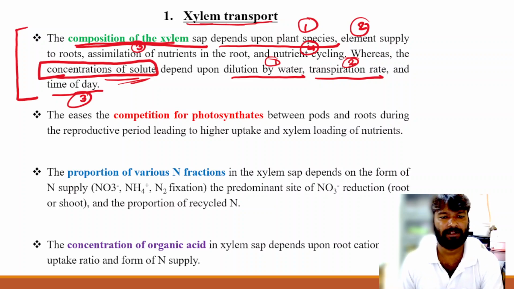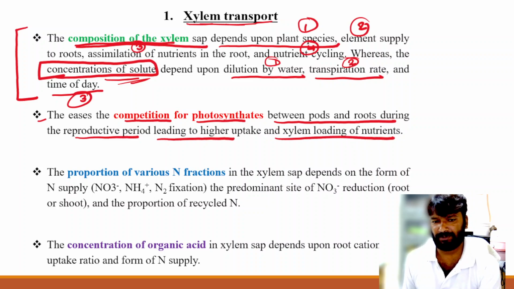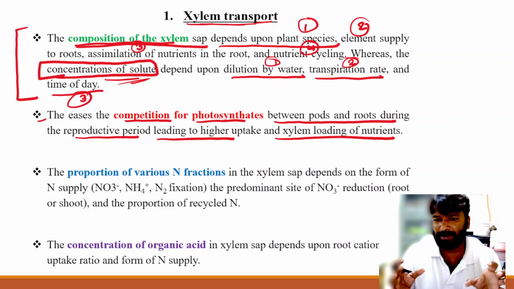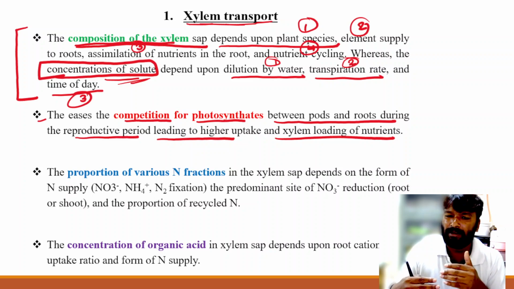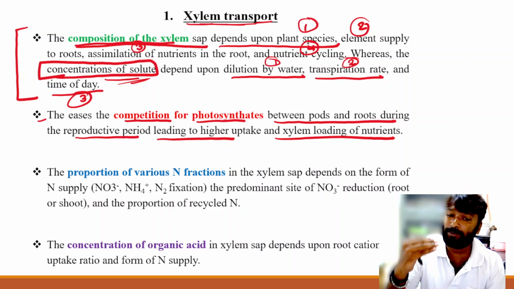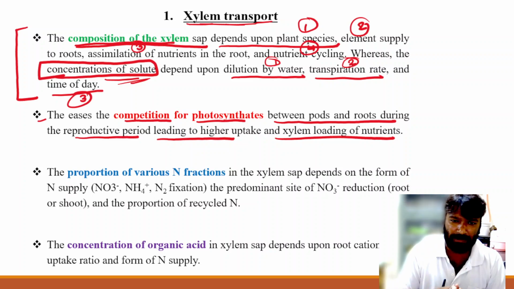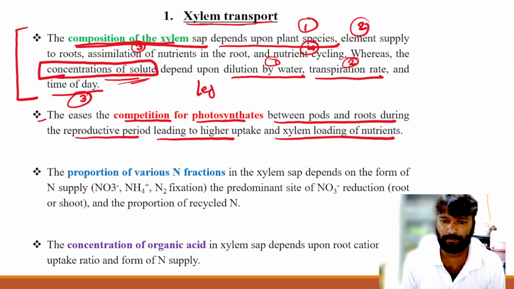Clear? Next point. The competition for photosynthates between the pods and root during the reproductive period leads to the higher uptake and xylem loading of nutrients. Okay, so ये एक तरह से आपका डिमांड सप्लाई है, जितना आपका डिमांड होगा उतनी सप्लाई ज्यादा चाहिए. ओके, और मेनली आपको कौन से रिप्रोडक्टिव पीरियड्स में, because that time it's need for the pod development and also for the root development in case of legumes. Okay,